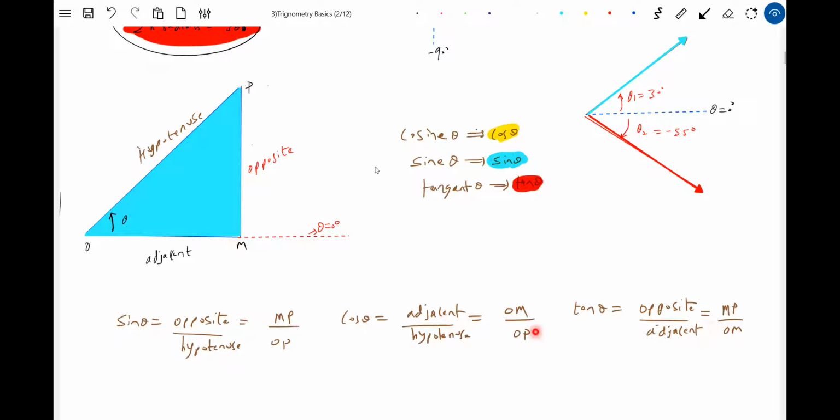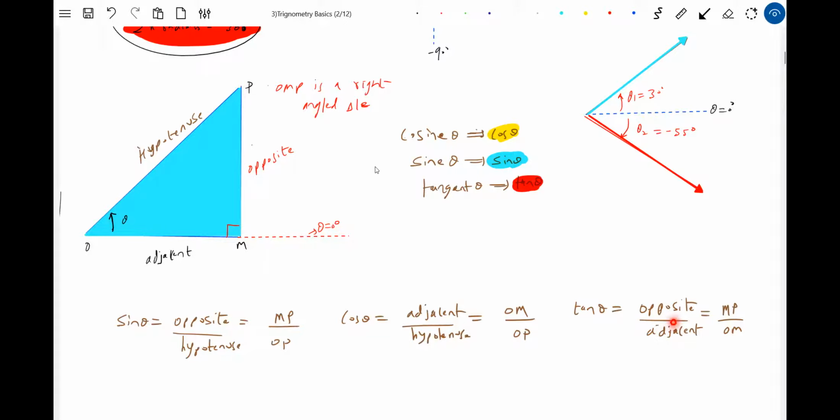We'll define this set. So now you can ask questions, sir, what actually you're doing? I'm trying to get the relationship between the sides and this angle theta. This is for a right angle triangle only, it is being defined. What if it is not a right angle triangle? We'll see later. So for a right angle triangle, how the sides and angle theta are related, that's what we have defined.